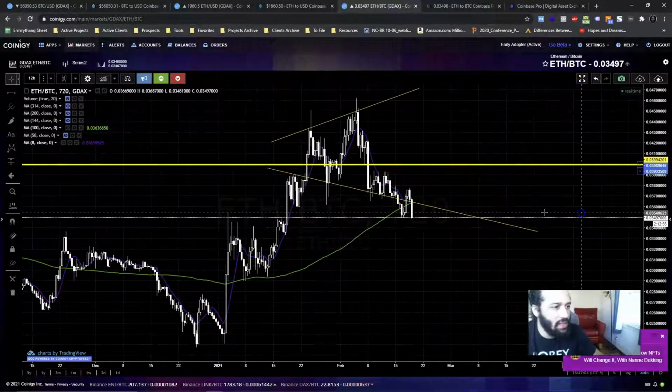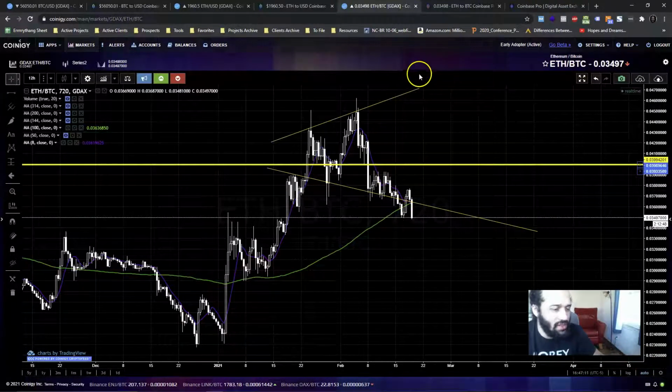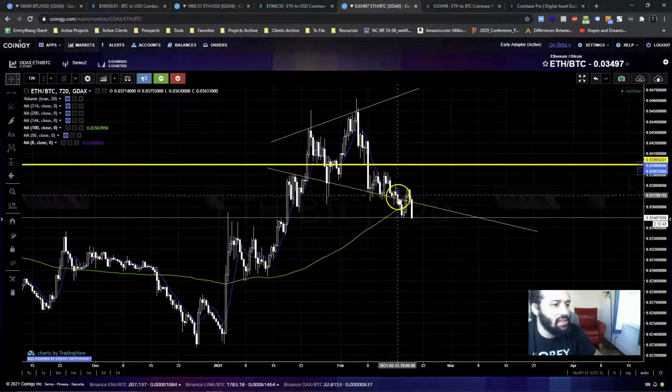So the way that I was looking at this crazy formation was that eventually it's going to break out and go below one of these, or break out and go above and stay above this line. I don't know if that's going to happen. That's just my hypothesis or whatever. So as this broke down,